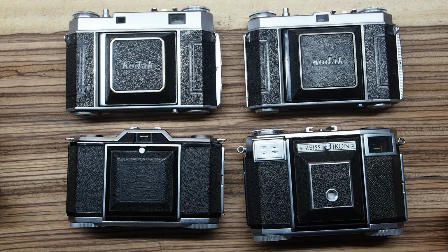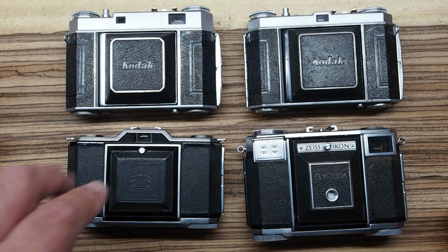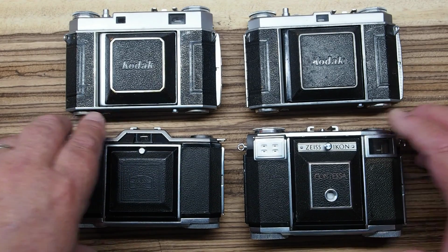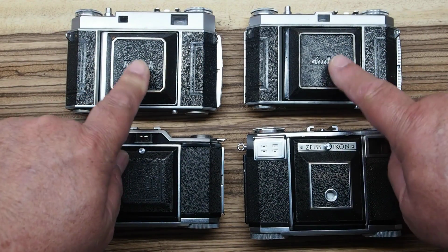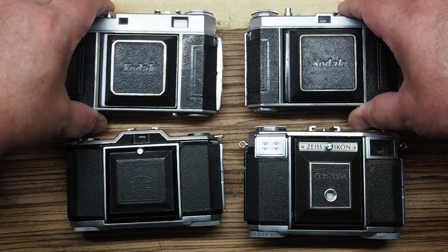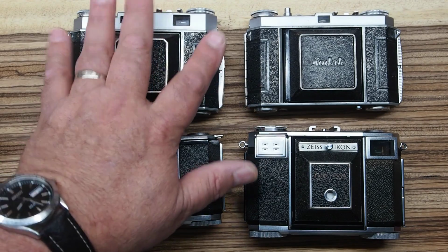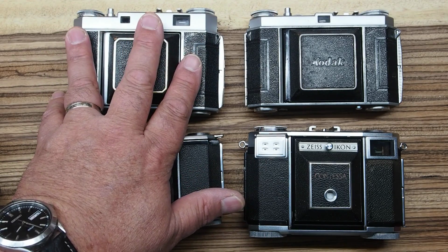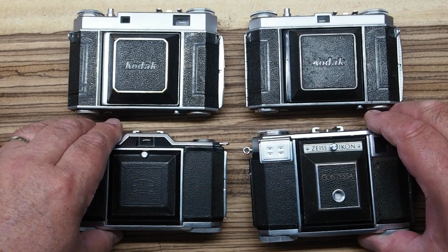And then there are some other brands. Welty made some. Some of those are a little less common, and there are all kinds of lesser known German folding cameras that were made. These Retinas are probably the most common you're going to see. You just find them all the time. They're not hard to find. And if you buy one of these online, make sure they're telling you that it works in all regards and they have a good return policy. If you find one at a garage sale, flea market, thrift store or something,